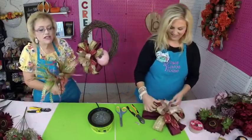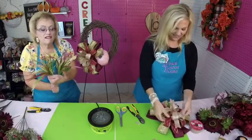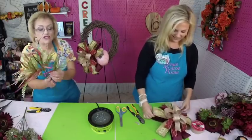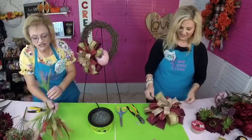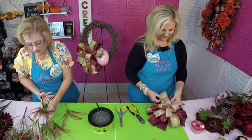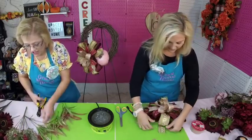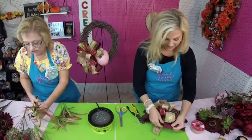And we've got this pretty grass. I love this because it's got the burgundy in with the grass. It is the green, but you see all the burgundy colors mixed in, and I just love this. So I'm going to go ahead and get these cut off of my bush, and that is what I'm going to use first